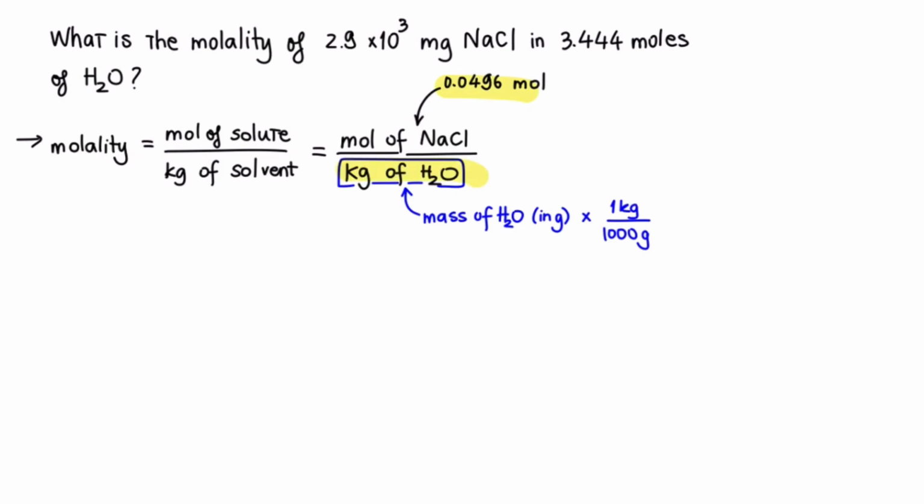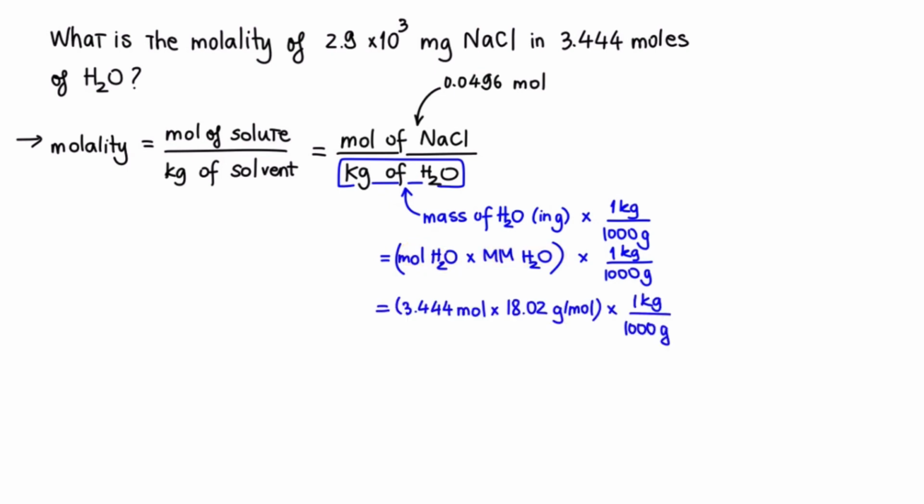We know that the moles of H2O here is 3.444 moles. From moles, we can first get the mass of H2O in grams, and then from grams, we can times 1 kilogram over 1,000 grams to get the kilograms of H2O. To get from moles to mass, we take the moles of H2O times the molar mass of H2O. Substituting values in, that's 3.444 moles times 18.02 grams per mole, and then times 1 kilogram over 1,000 grams to convert from grams to kilograms. Calculating this will give us the answer of